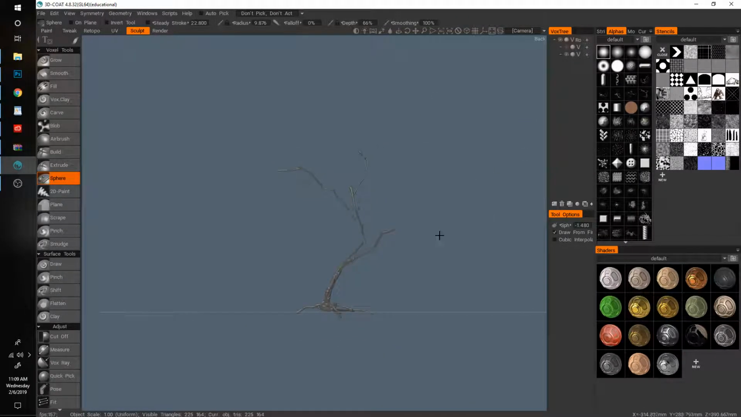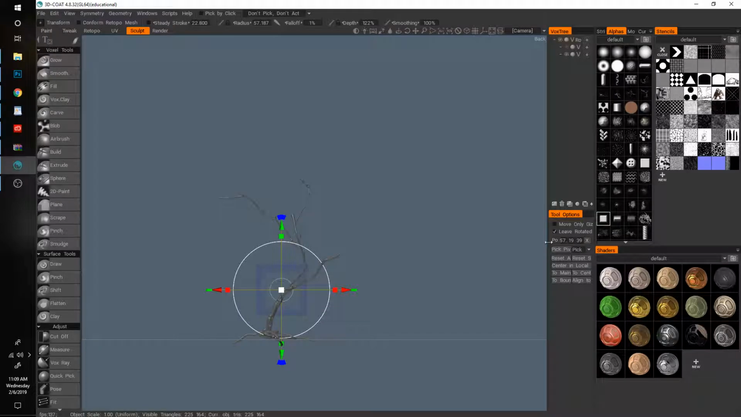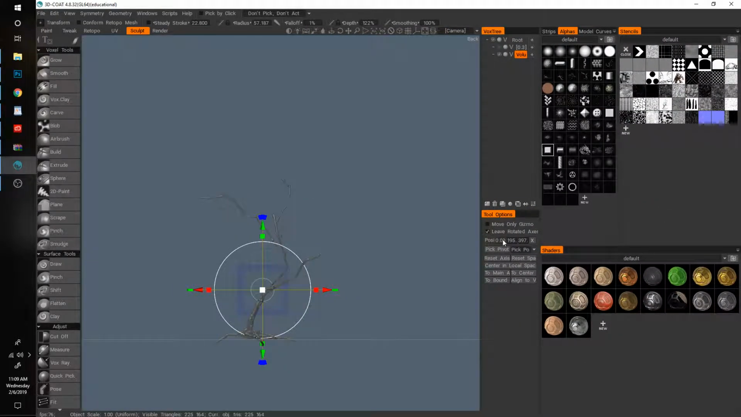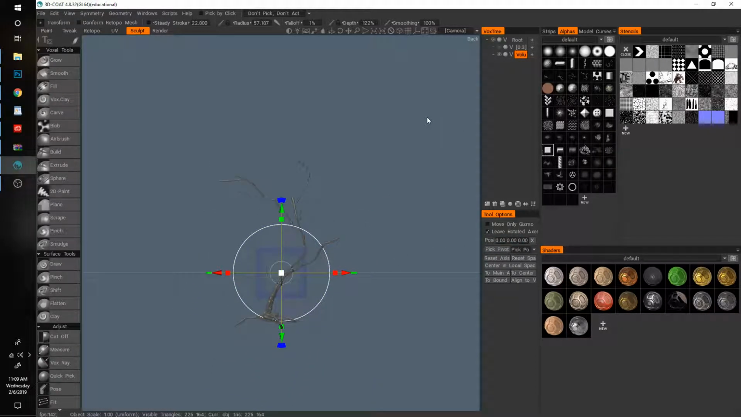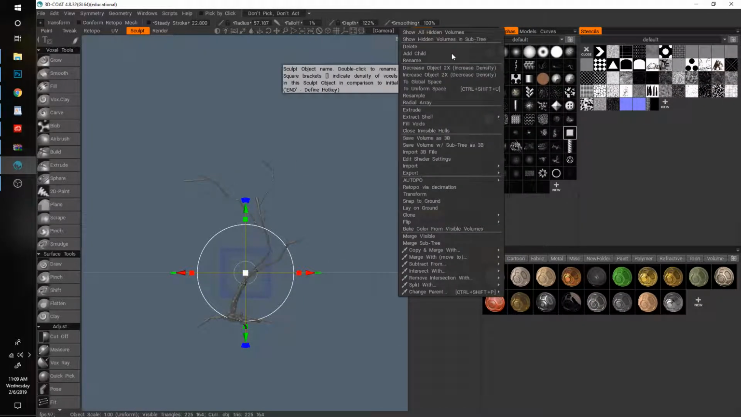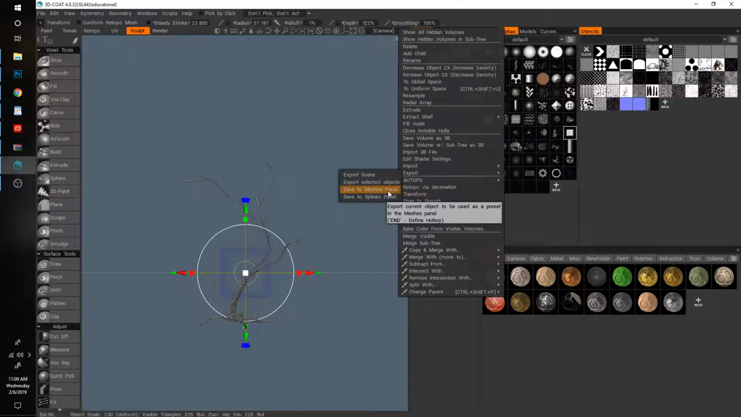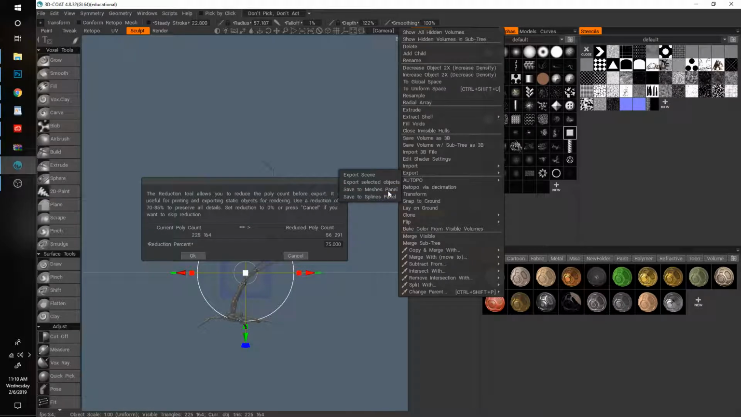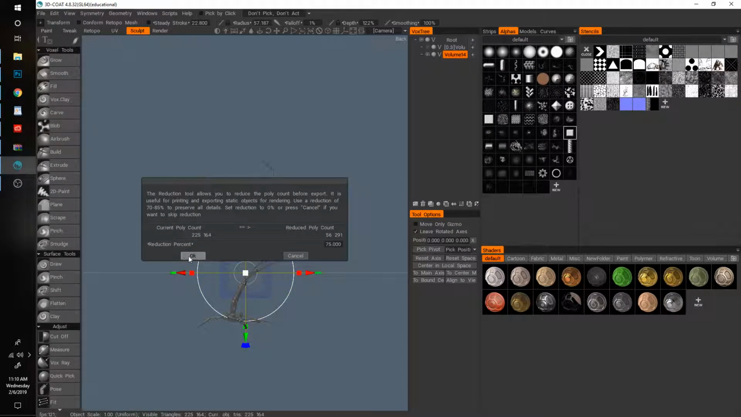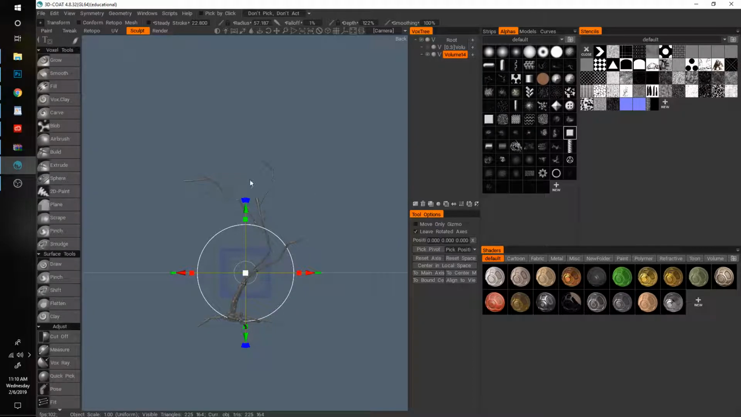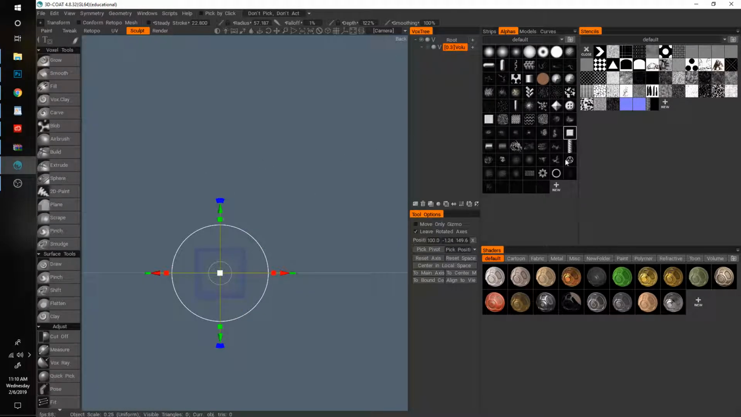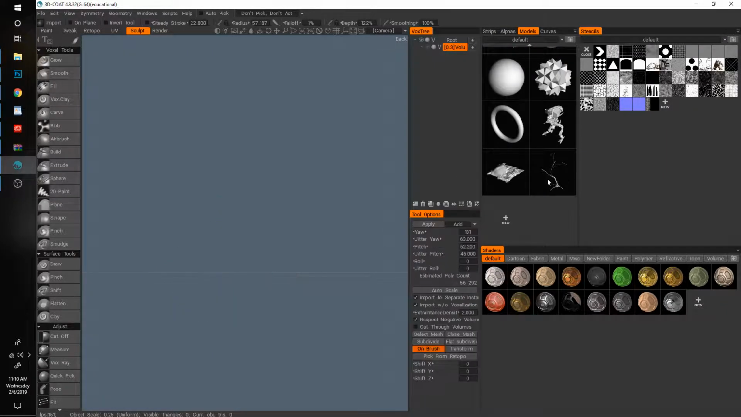So the first thing you want to do is go to the transform tool and center your object in the space. Then you want to come up here, go to your menu, go to export. You export and go to save to meshes panel. Just hit OK. You can delete that one. If you go over your models,